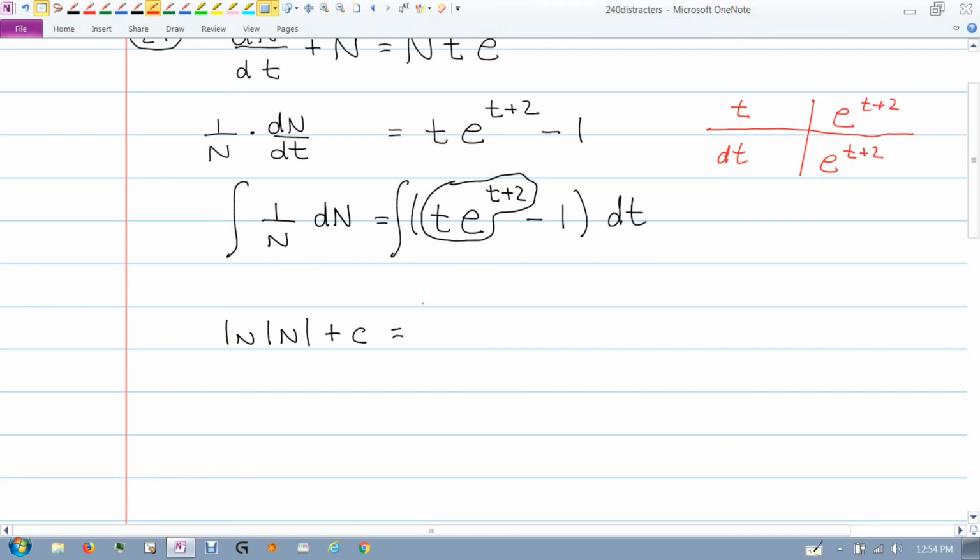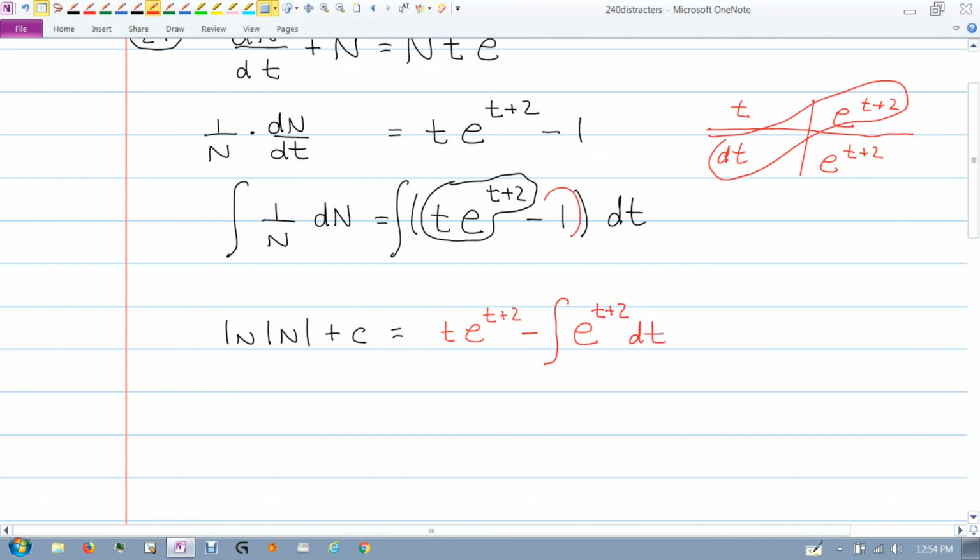So that integral should turn into the integral of t e to the t plus 2. That would be like the u times v. Oh, I'm sorry. No integral yet. Minus integral of v du, which would be these two multiplied, which is just e to the t plus 2